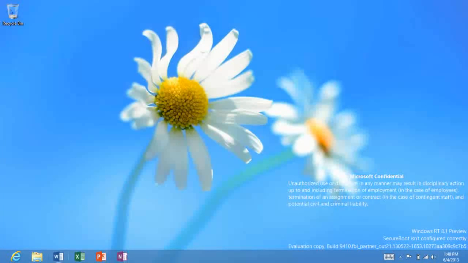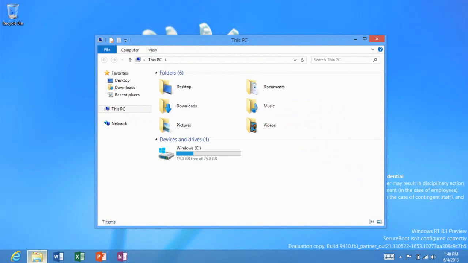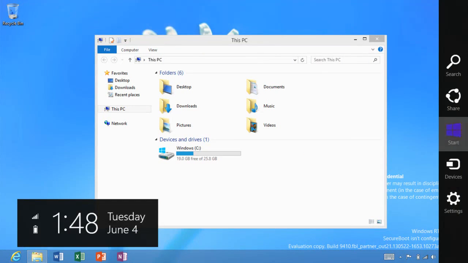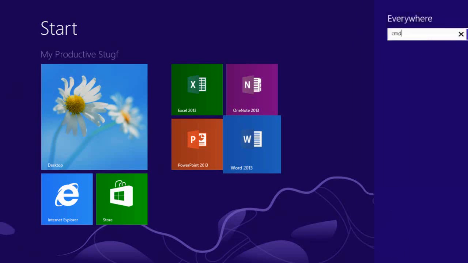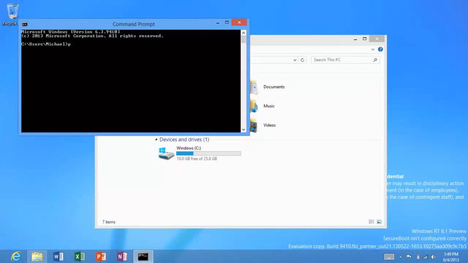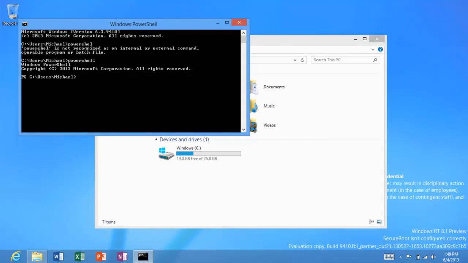We can get to the desktop. From the desktop, we do get File Explorer. Not really anything too surprising there. We could do something like searching for command, open a command prompt. From there, we could run PowerShell.exe. So we do get a reasonable environment, and if we type Get-Command,